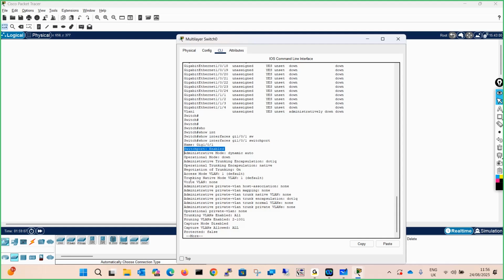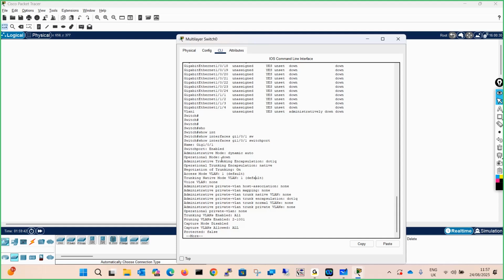And then it says the VLAN is 1, which is the default VLAN, meaning that this port gig 1/0/1 is a default member of VLAN 1. There are lots of other things which we are going to discuss one by one in the coming time. But for now, to check whether the port of the switch is a layer 2 or layer 3 port, the command is show interface gig 1/0/1 switchport. And it says switchport is enabled, meaning that it is a layer 2 port.